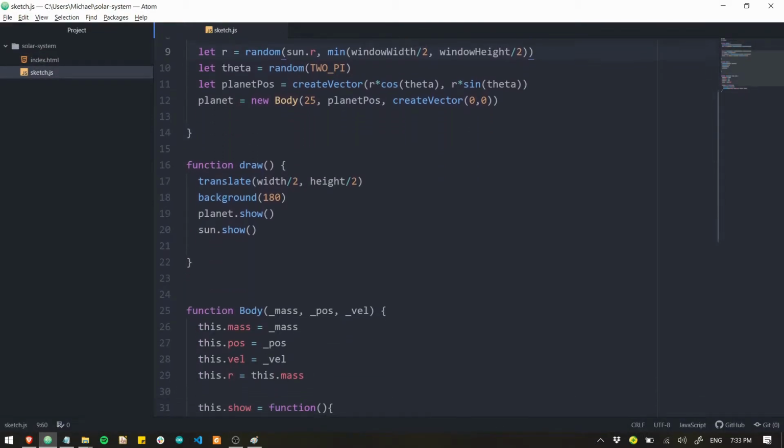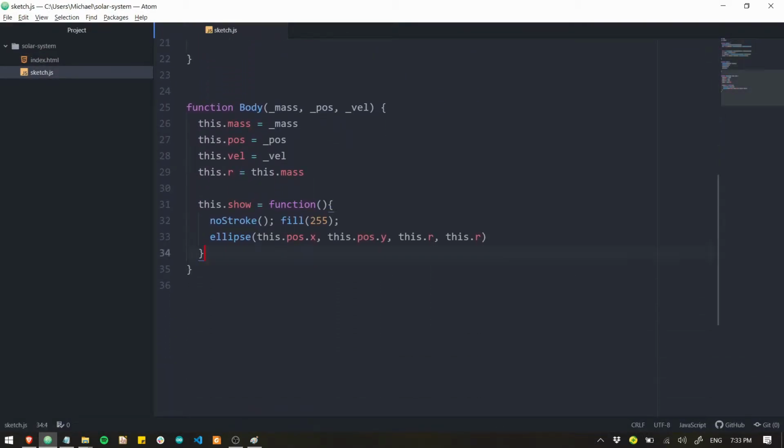Perfect. Now, of course, this is a solar system. Things are going to have to move at some point. So let's build a little simple physics engine to get this planet to move. Down in body, I'm going to create this.move, I guess, equals function. You know what, this.update, because maybe it'll update a few other things. This.update, so we want to update the position,